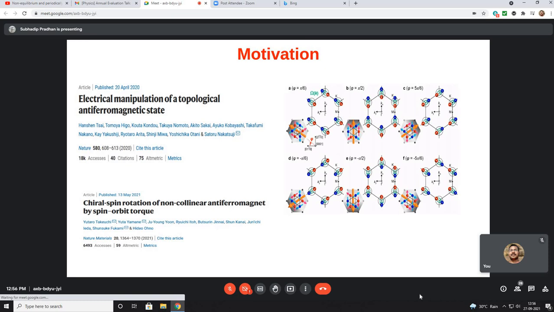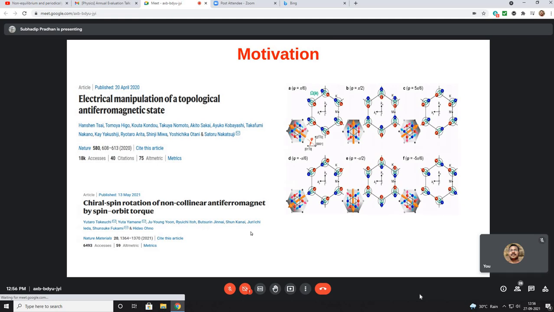So they say that for this magnetic octupole, there are two layers of manganese atoms. So there is a direction of this octupole polarization. If we change this phi, if phi is pi by 6, then this Weyl node direction, from plus to minus, is in that way. But if phi is changing, let's say phi is pi by 2 or pi by 6, this Weyl node direction also changes. So by an electrical manipulation from outside, the topological nodal direction can also be changed. That is a very interesting thing to study in topological antiferromagnets. This is a very good work, and there is also much work on chiral spin notation of non-collinear antiferromagnets.